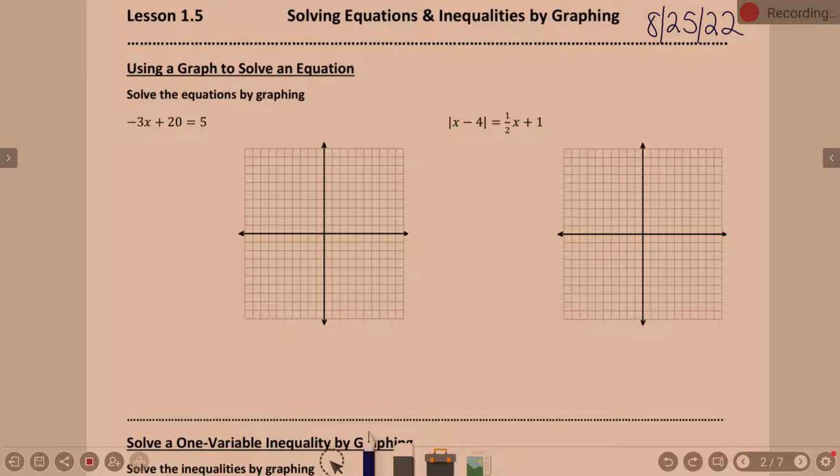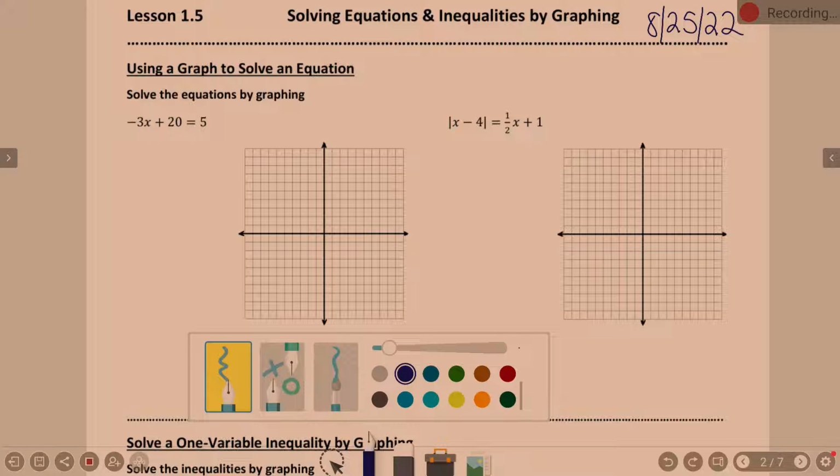So it says solve it by graphing. Now, notice when we talk about this, this is two pieces equal to each other, right? And what we're looking for is at what value of x does negative 3x plus 20 equal 5? Like, that's the question we have to ask ourselves, is at what x value are those two equal to each other? So in terms of a graph here, what we're going to do